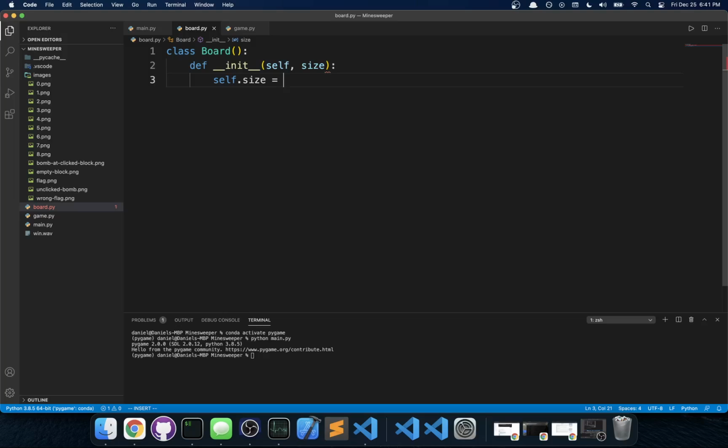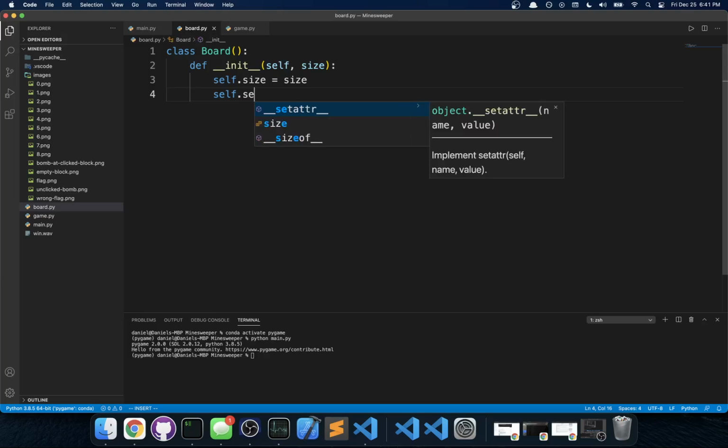So set the size to be that, and then we can make a 2D array or a list of lists to represent the board. So we can call a method setBoard